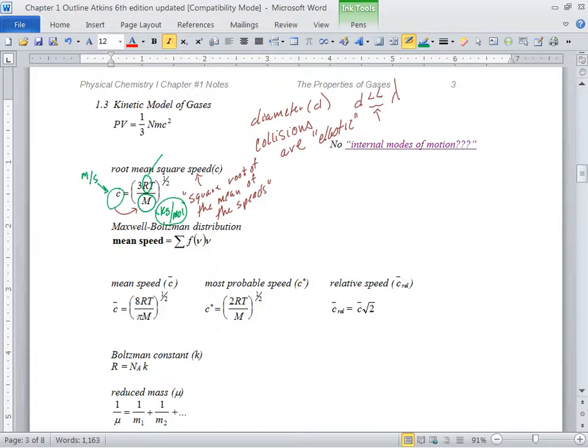So you have the speed on this axis and the relative number of molecules. And all it is, is a population plot, right? What population has this speed? What population has that speed? And it kind of makes conceptual sense. If you have a high temperature or low molecular mass, look how flat and spread out it is. There's a wide range because you're at a high temperature, but then you have low mass, so it's all over the place.